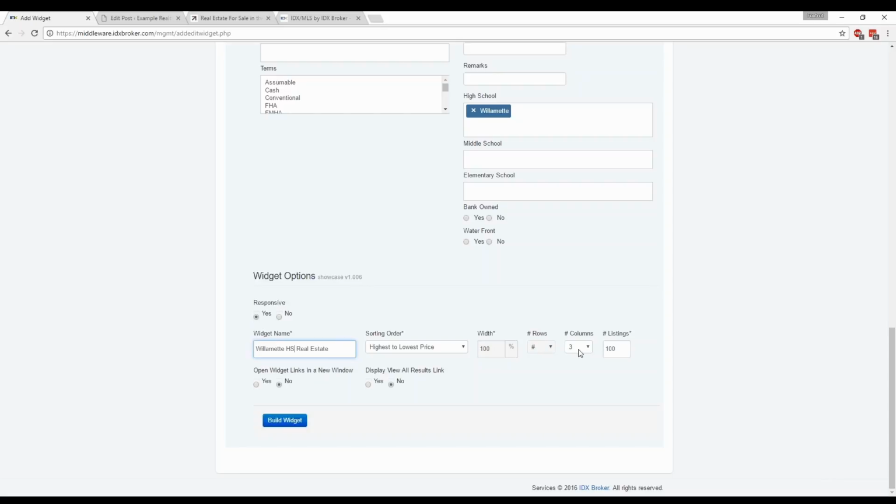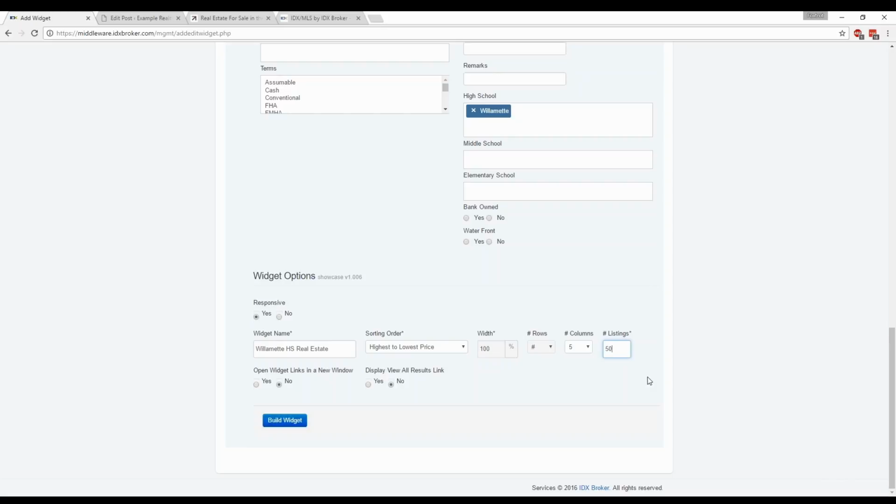So we're going to do maximum number of columns. Columns is going to be left to right. Mine is a little bit larger, so we're going to drop it down to 5 wide. Maximum number of listings, you can bring it down if you want. So if we want to do 50, so there won't be quite as many, so it'll be the top 50,